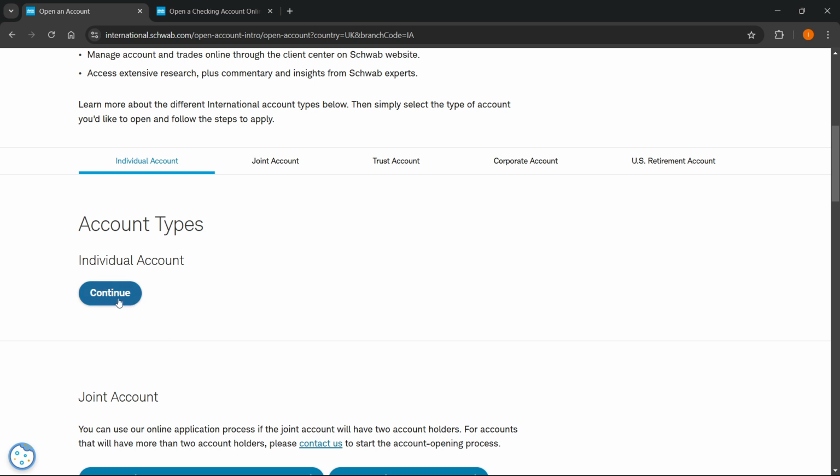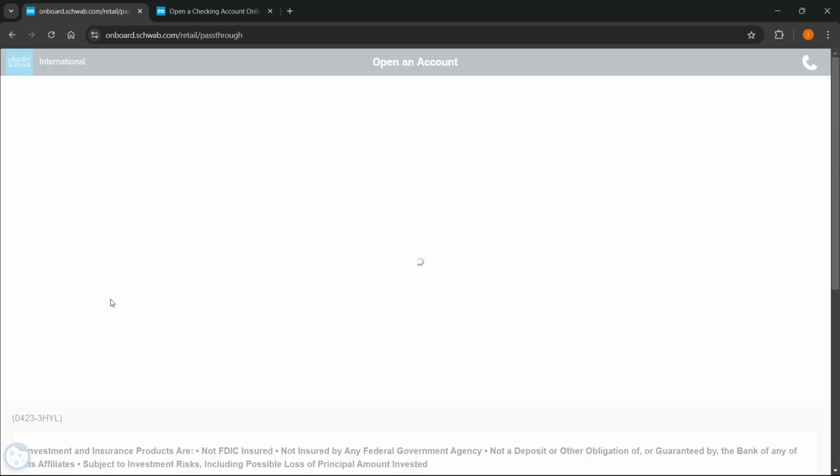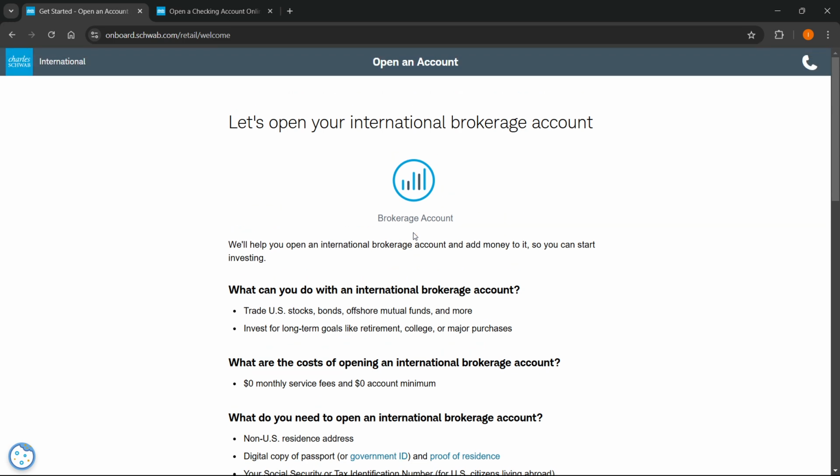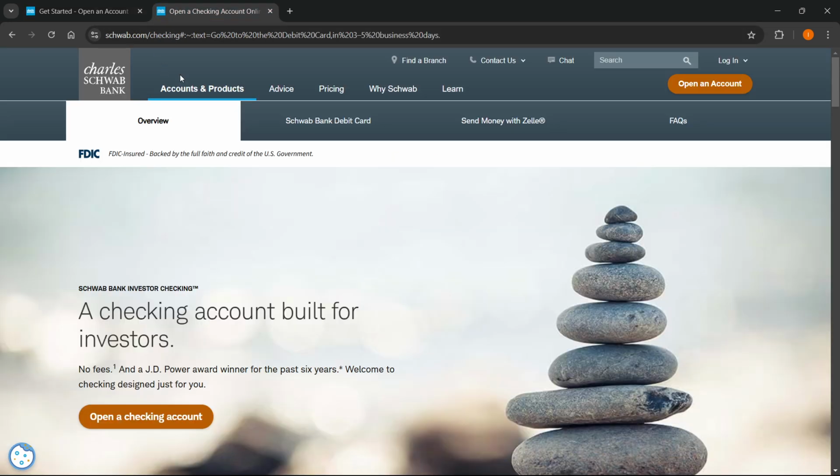So if you choose individual, just click over here where it says continue, and then put in all your information and just follow the prompts on your screen, put in all your real data, and you'll be able to open up your account. Now, once you've done this, you want to actually go to schwab.com/checking and also open up a